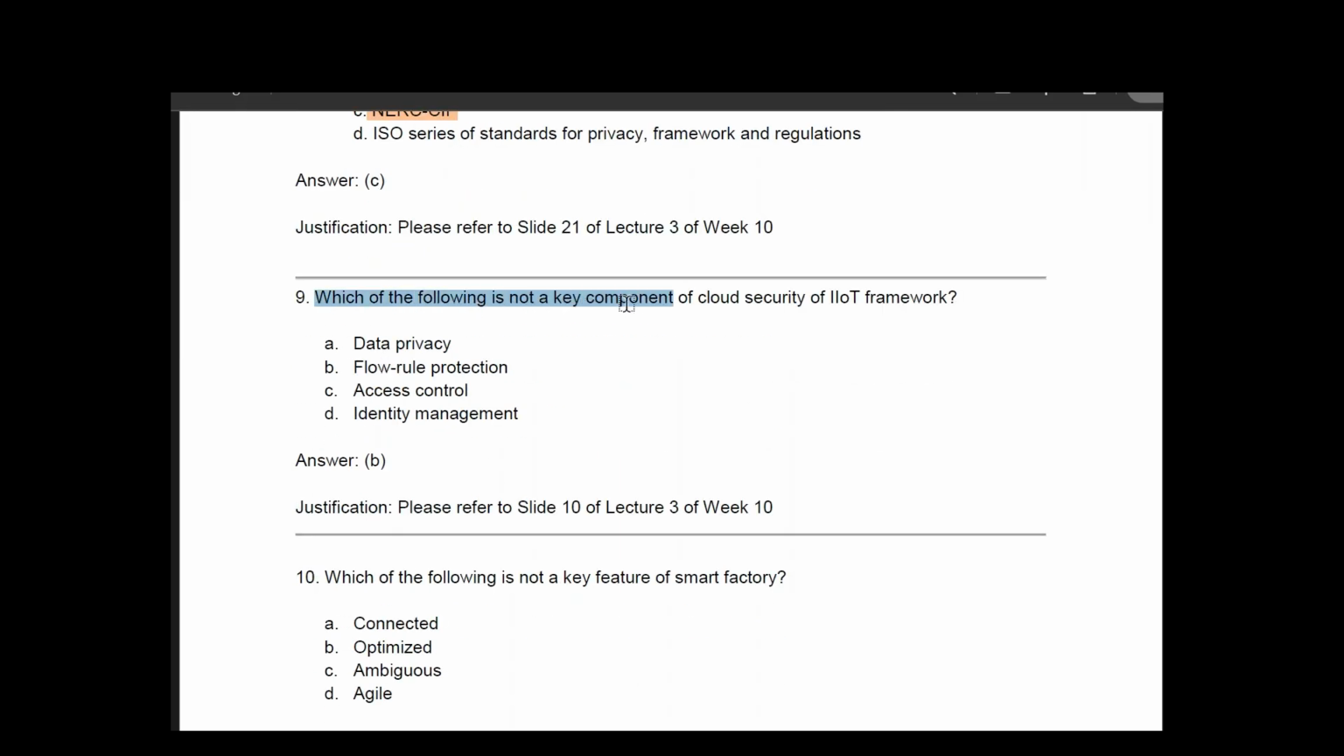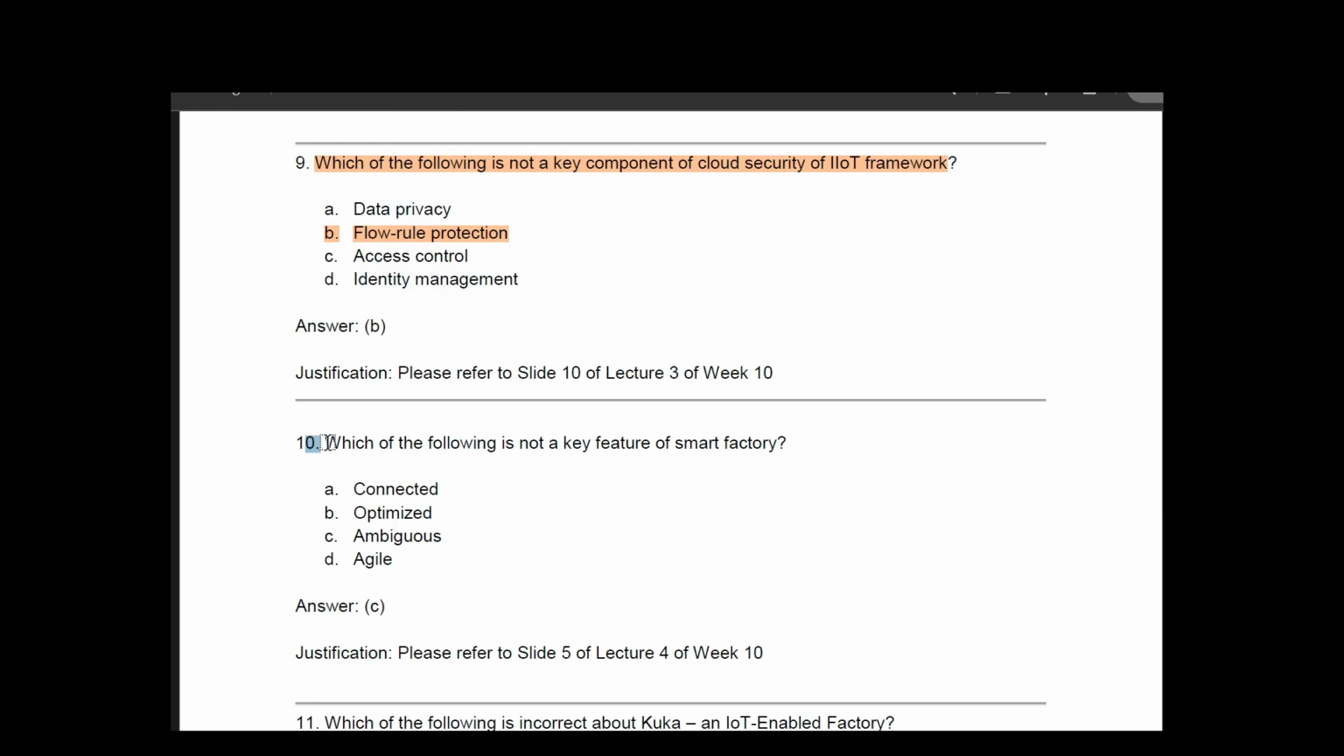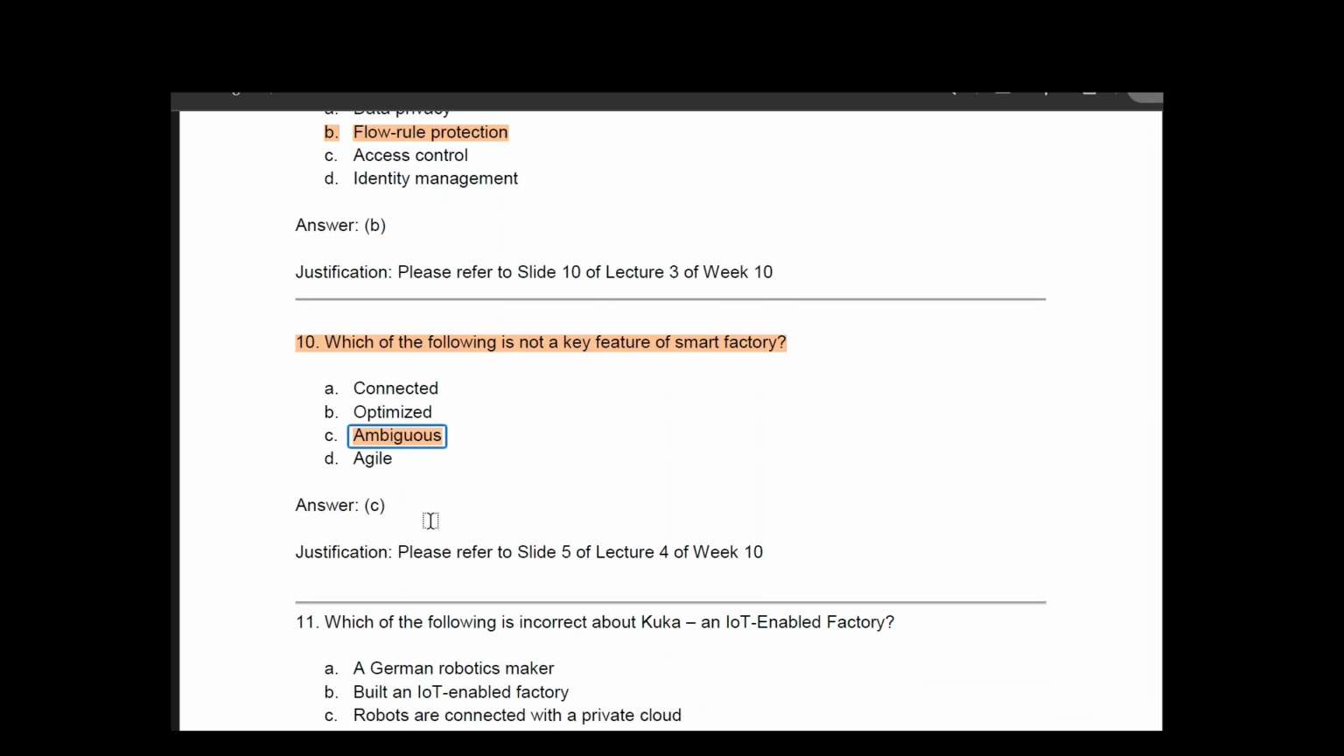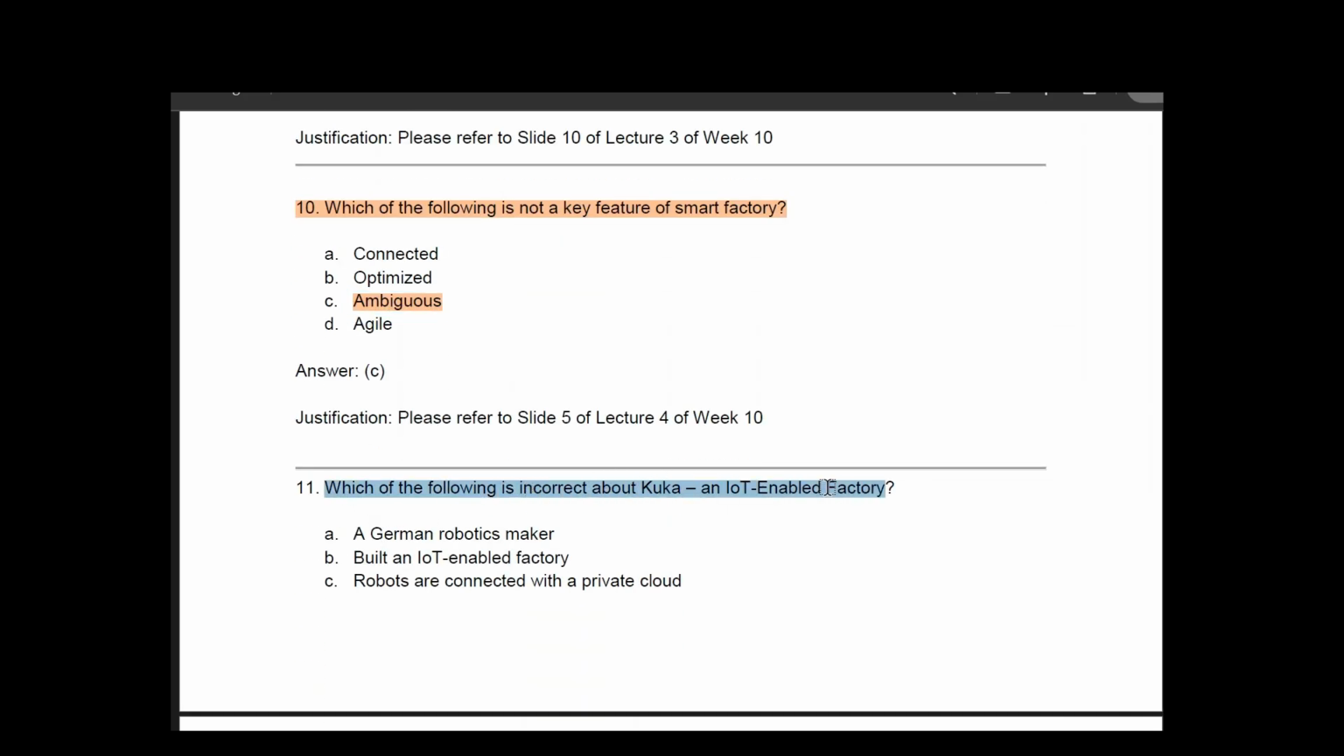Which of the following is not a key component of cloud security of IoT framework? So it is B option, flow rule protection. Now, which of the following is not a key feature of smart factory? So it is the ambiguous. So ambiguous is there. Now moving to the next question, which of the following is incorrect about KUKA in